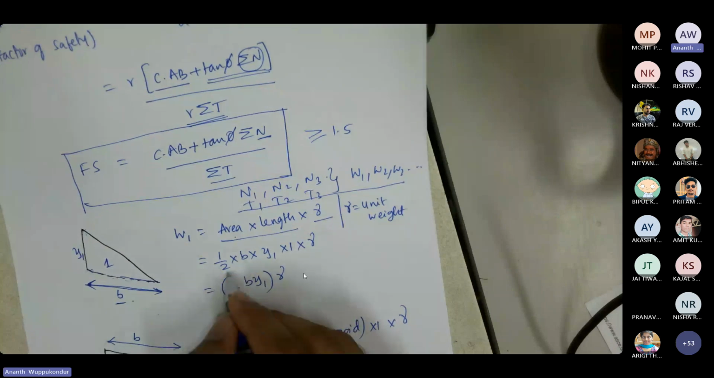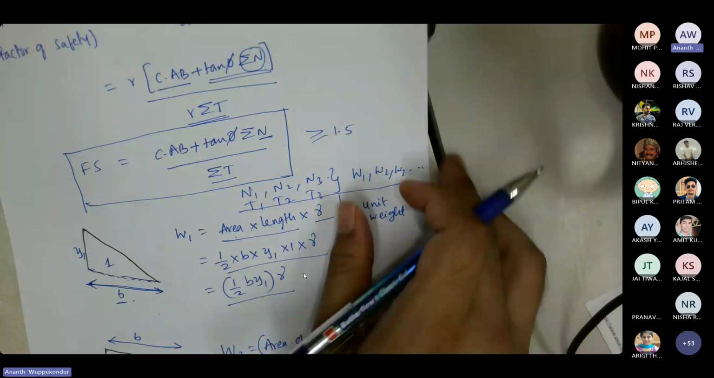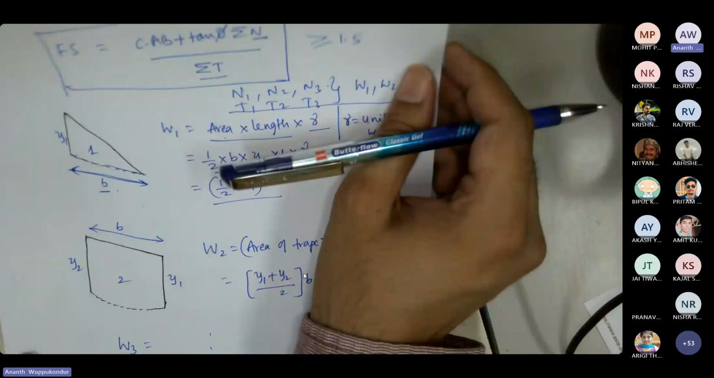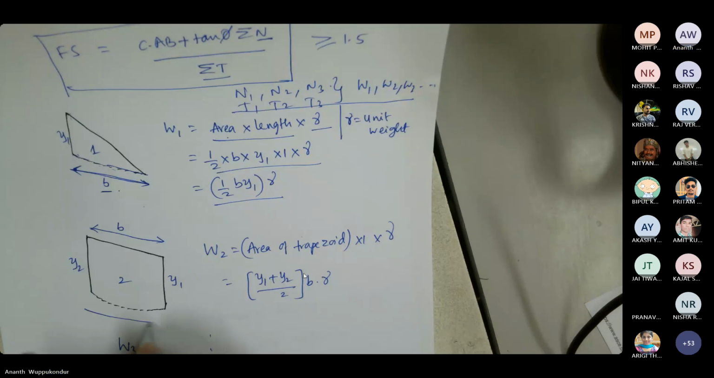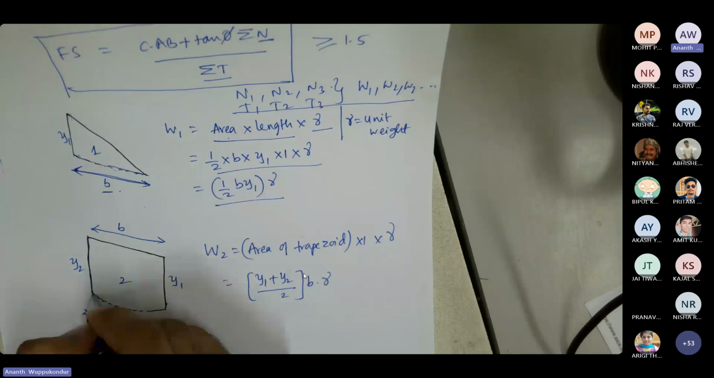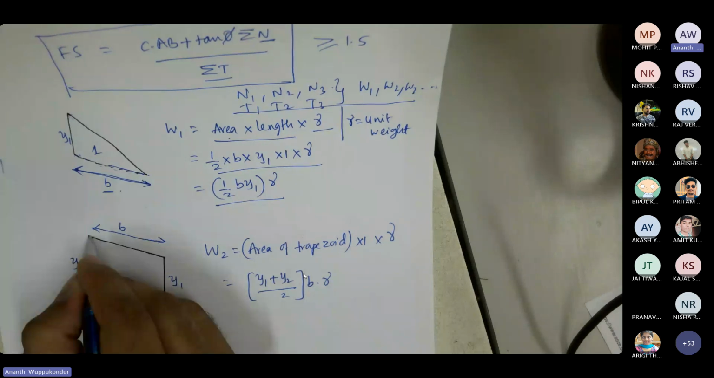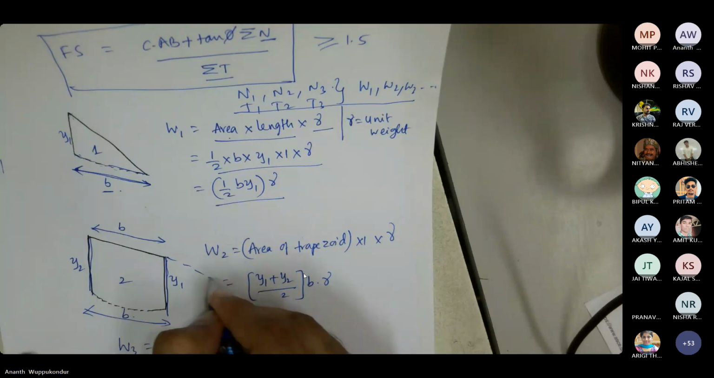So this is how you get the weight of the first segment. Now the second segment is triangular. Sorry, it's trapezoidal. So I'm assuming that this side has a height y2 and this one is again y1. So if I extend this,